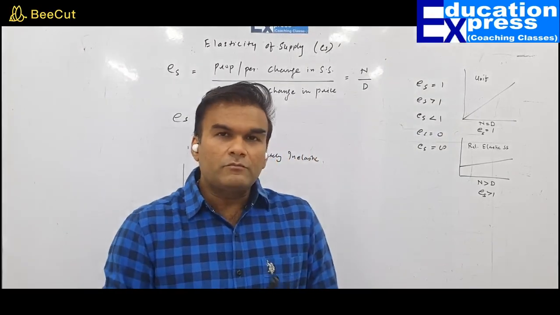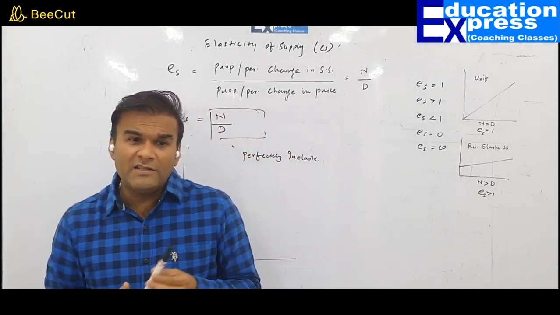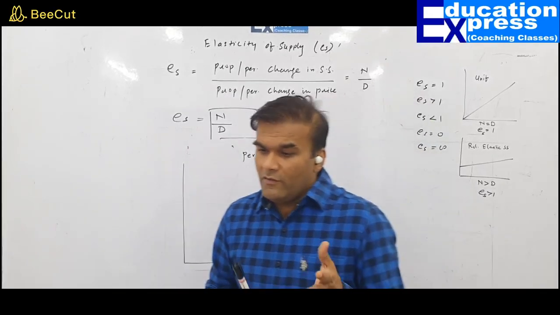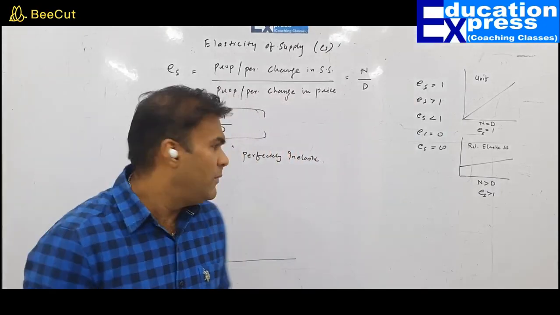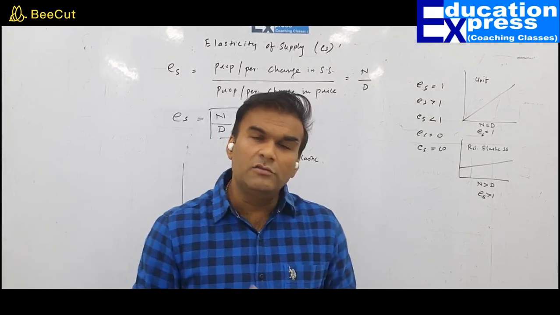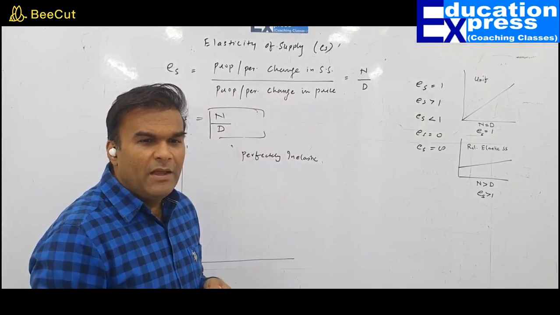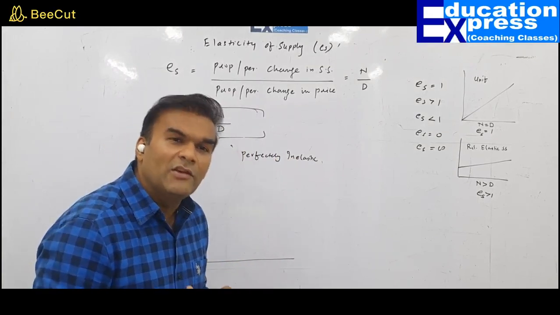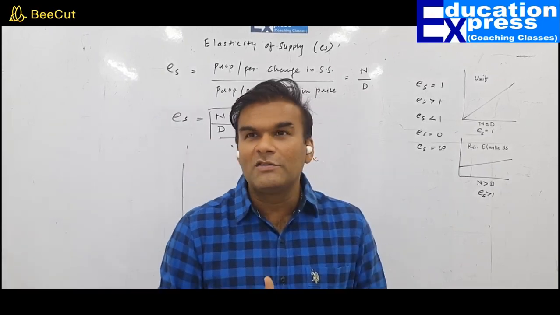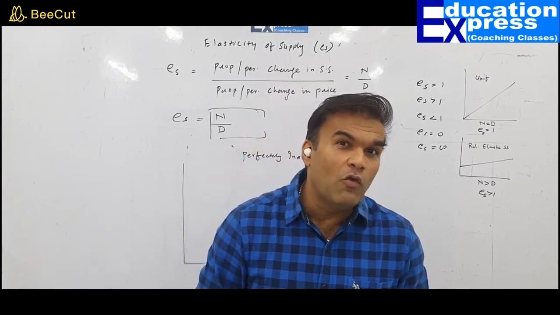How is it possible? For example, you have an antique painting. This antique painting is a master painting, you can say it's a masterpiece. I have one and only. Now, even if the price shoots up from rupees 10,000 to 20,000 to $30,000 or $40,000 or $50,000, or whatever may be the price, can the supply of that masterpiece increase? It is commanding such a high price only and only because it is a rare product. It is one and only. That's the reason why everyone wants to own that.